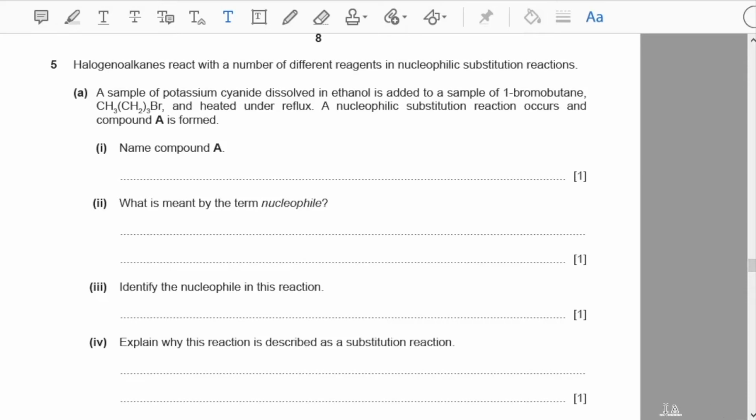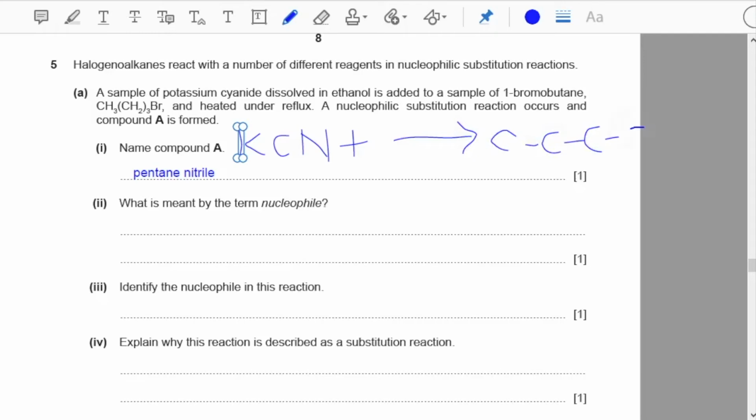So ethanolic potassium cyanide is reacting with a halogenoalkane. It will be forming a nitrile plus bromide ion. So my A is pentane nitrile. I'll also be showing you how pentane nitrile is forming, with an arrow, and then this is part of the structure, and then there is the cyanide ion, which happens to be there as a product. So now in my answer, many might confuse this with butane nitrile, but you must remember that naming